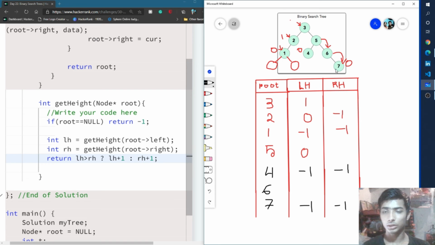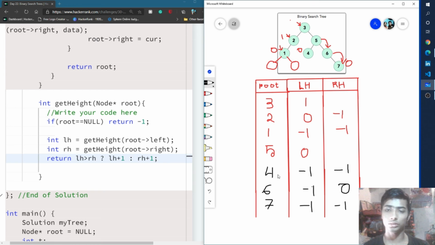So after that it simply determines the maximum between minus 1 and minus 1. This time it returns minus 1 plus 1, that means 0. So the left height of the 6 is minus 1 and the right height is 0. So the maximum between this minus 1 and 0 is 0. So it returns 0 plus 1.